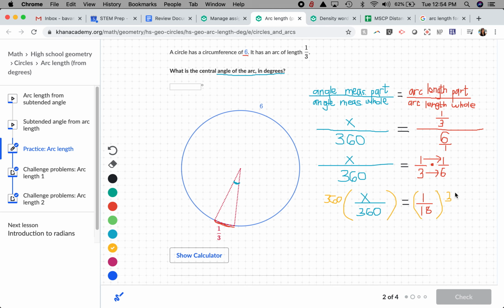So I'm also going to multiply this by 360. Now 360 cancels out with 360. The numerator and denominator dividing into each other just becomes 1. So on the left side of my equal sign, I'm going to be left with that 1x. And that is going to be equal to